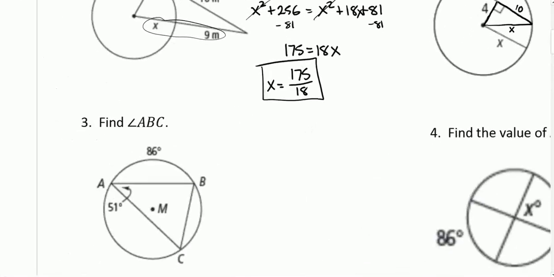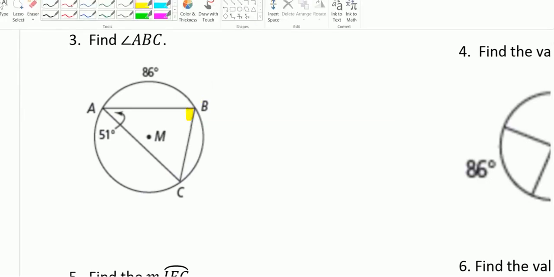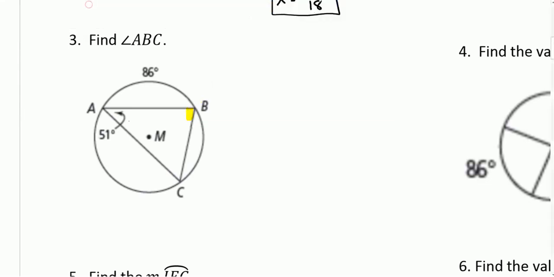Number 3, we're looking for the measure of angle ABC. Just this angle right in here, and we're given some clues. First of all, we have an inscribed angle at 51 degrees, which is half the measure of the arc BC. So the measure of arc BC is 51 times 2, which is 102 degrees. AB we see is 86, and so the measure of arc AC